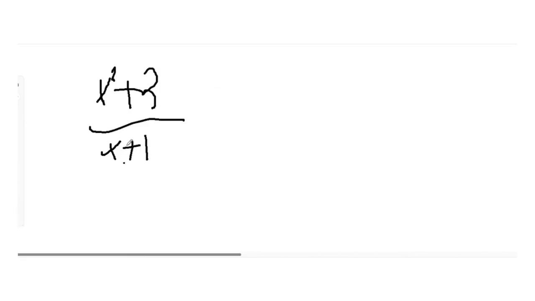So let's apply our rule here. So you have our v times u prime. V, if you recognize what v is here, it is x plus 1. So x plus 1 times